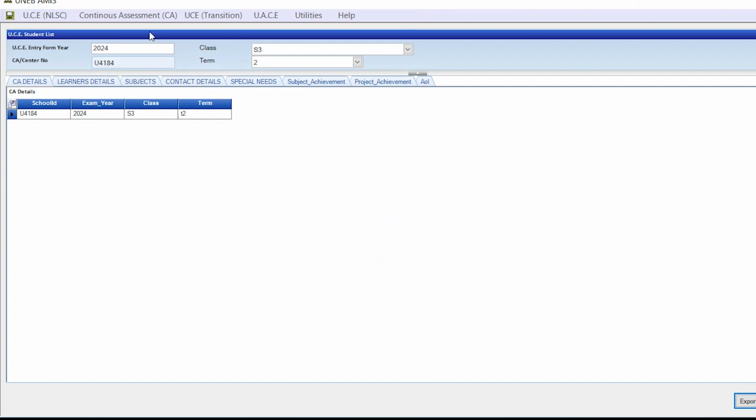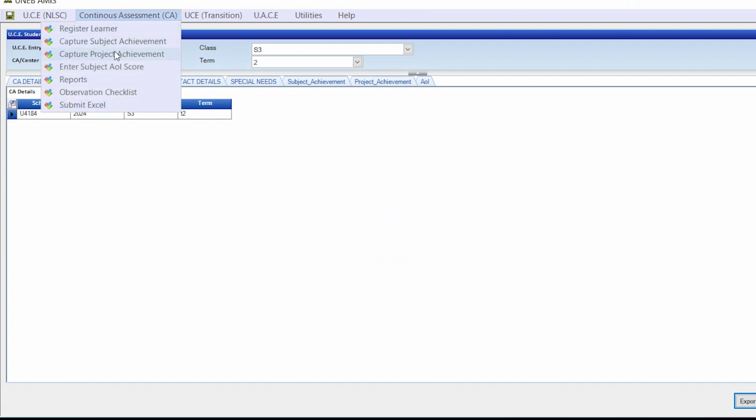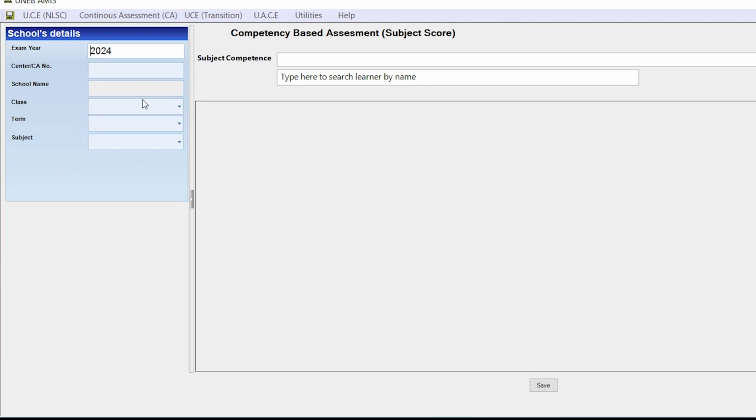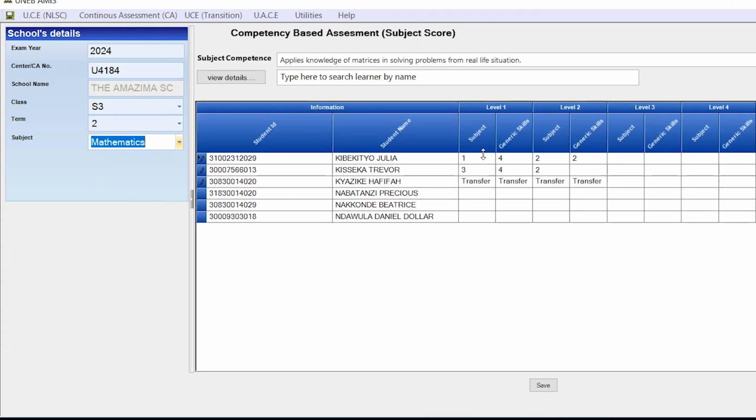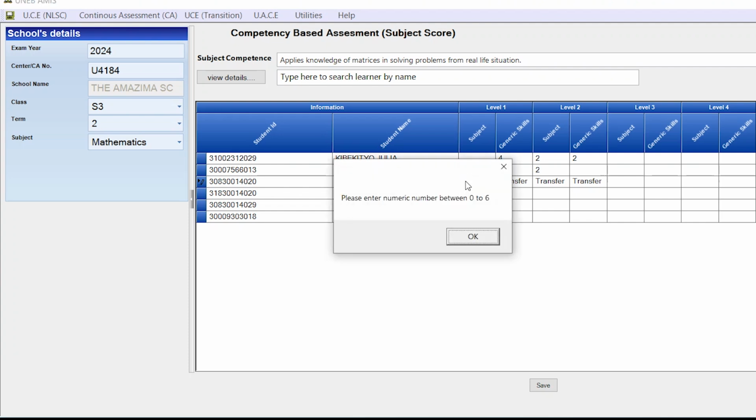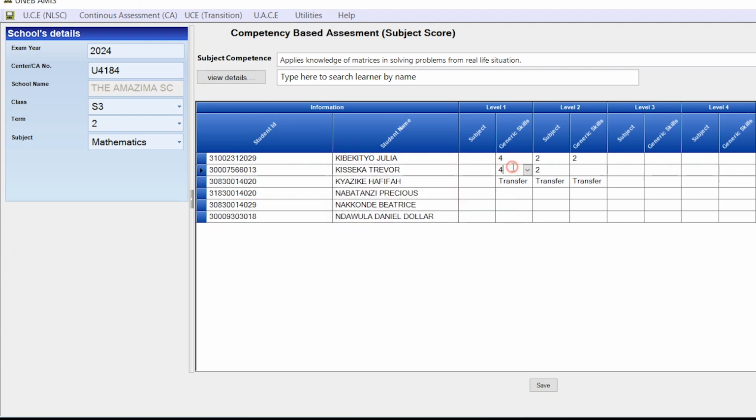So now I go back here, I decide to go to subject achievement here, and then I put Senior 3, still Term 2. Now I'm going to first remove the marks for math. I'm going to remove all that I put for math here before I put another subject. I want you to see what will happen here. I'm going to remove all these marks that are put here,